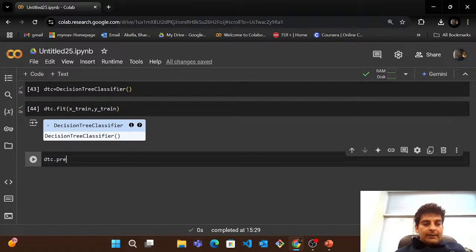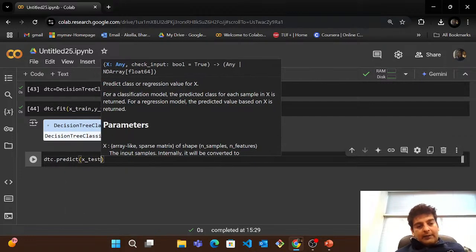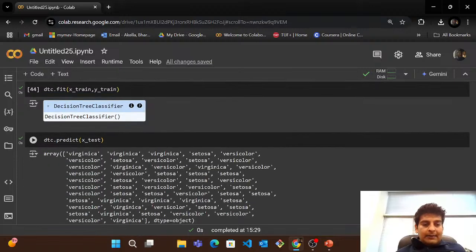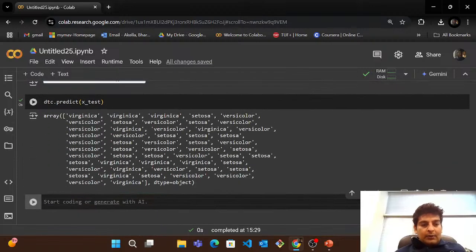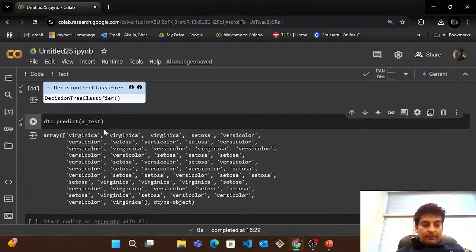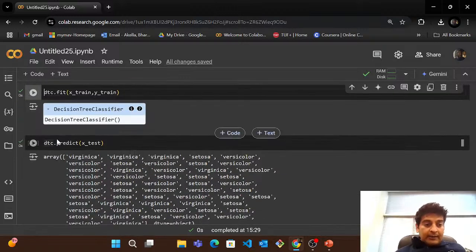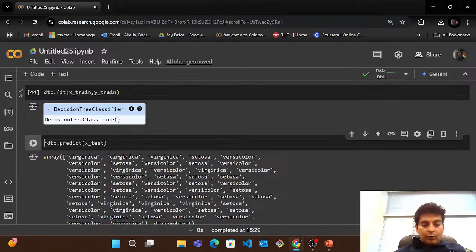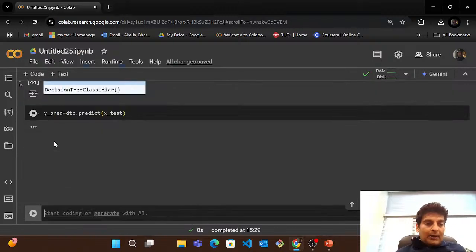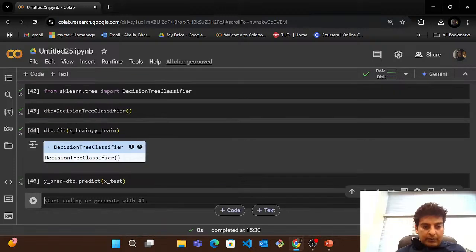So I'll have DTC dot predict, and I'm predicting this on top of X test. And you see, this is the result. So I'm predicting each record to be either versicolor, virginica, or setosa. I'll store this in a new variable, call that Y pred. Now, this time, instead of mean squared error, I will use something called a confusion matrix and accuracy